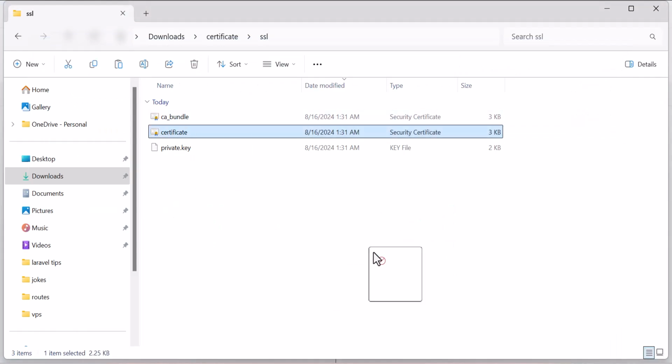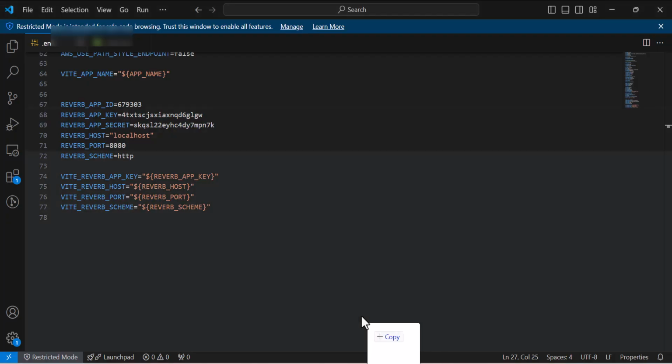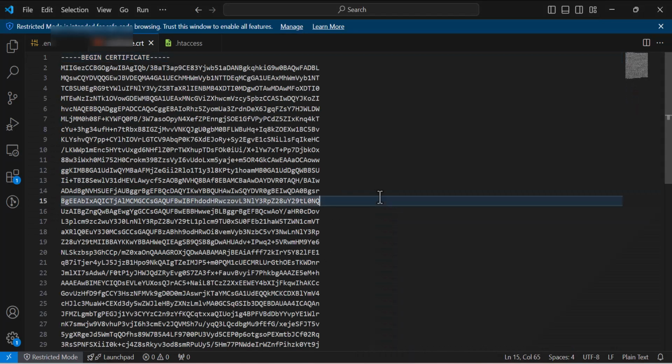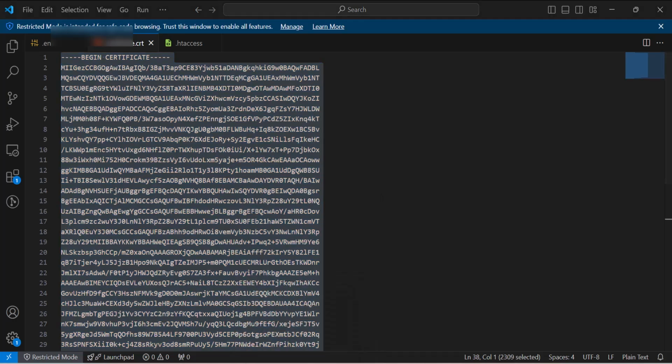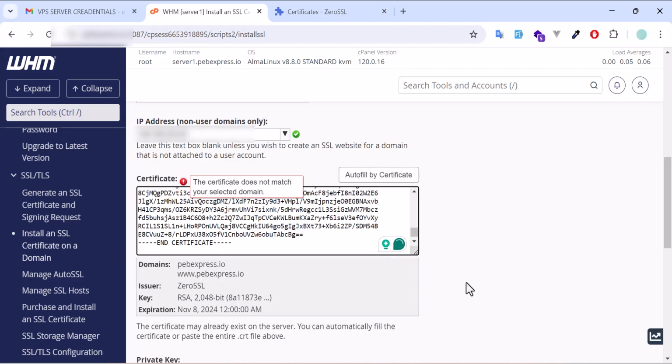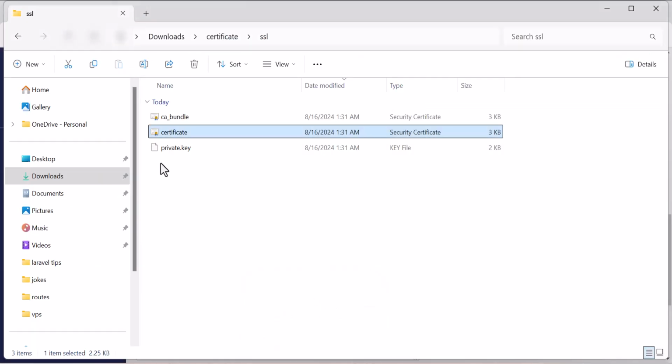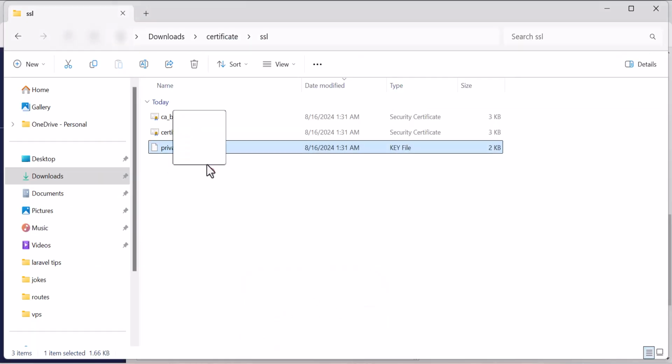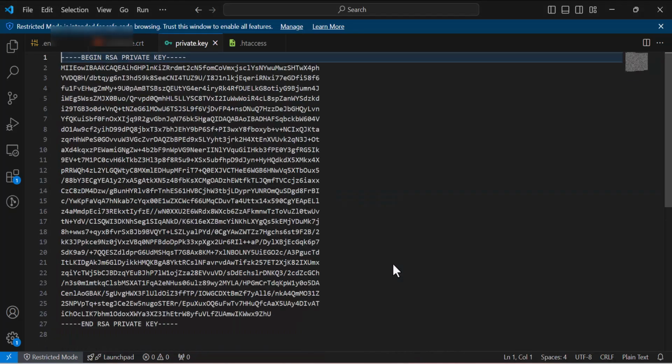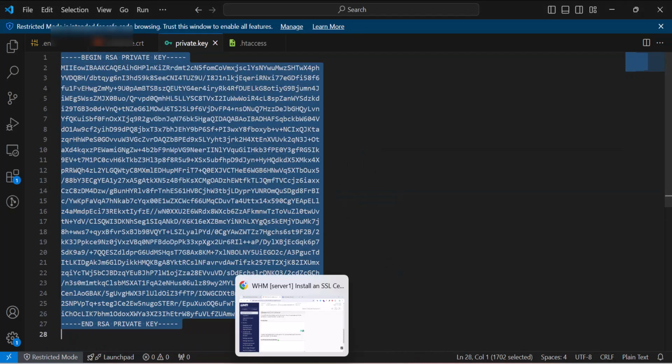So let's open it with our VS Code. Let's copy everything from here and paste it in here. Then let's scroll down for the private key. Let's open this one also with our VS Code. Copy everything, paste it in here,